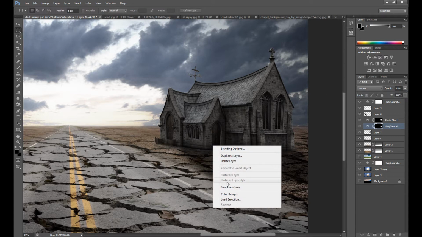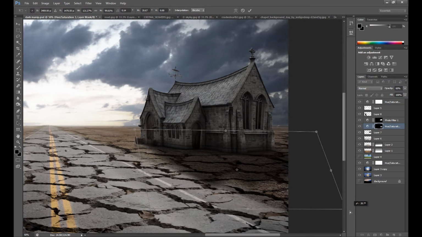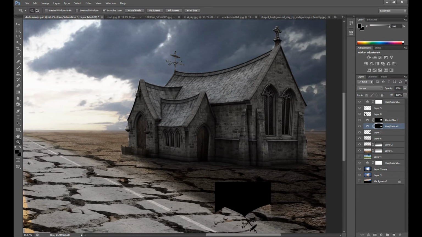I think it looks better right now. Well, I think we get this. It looks pretty okay, so now it's time for